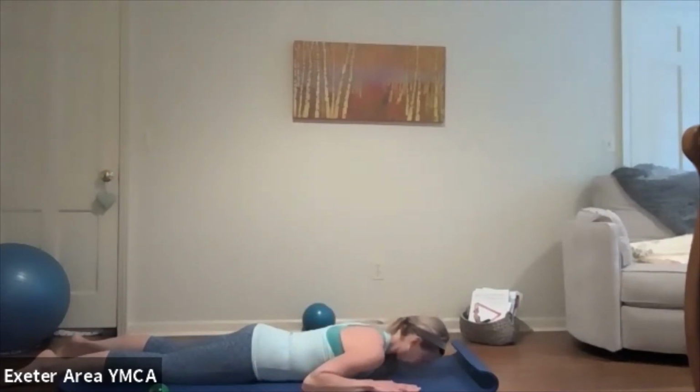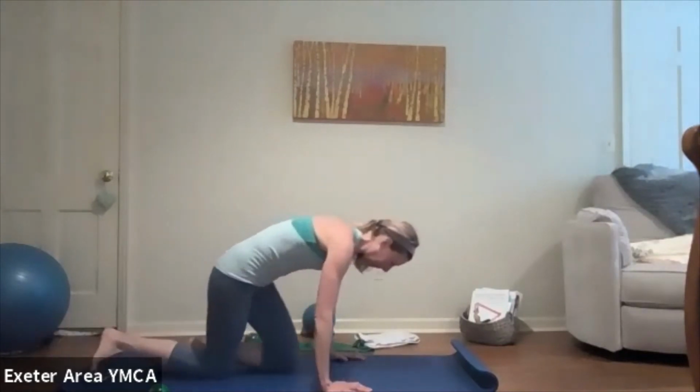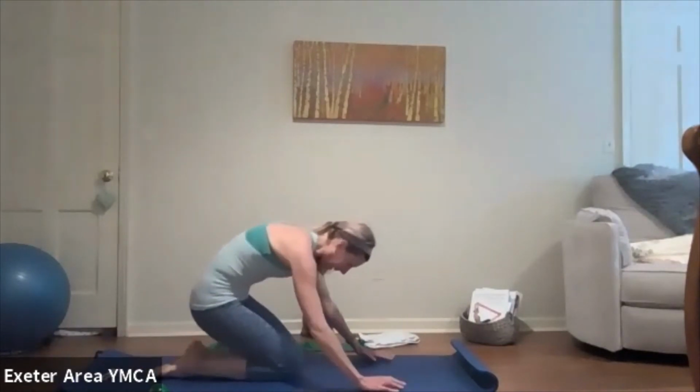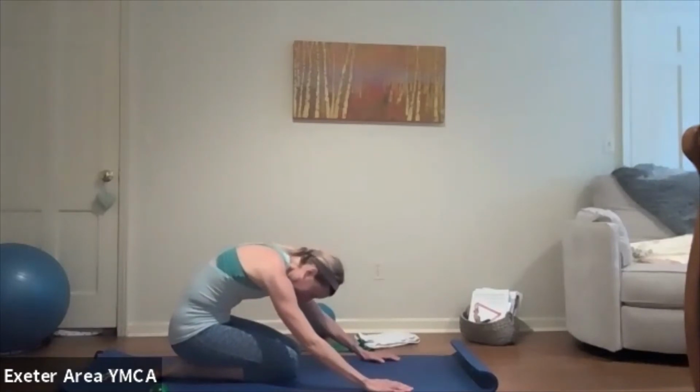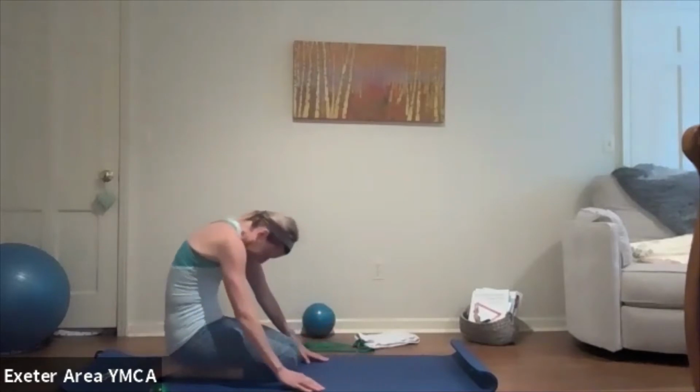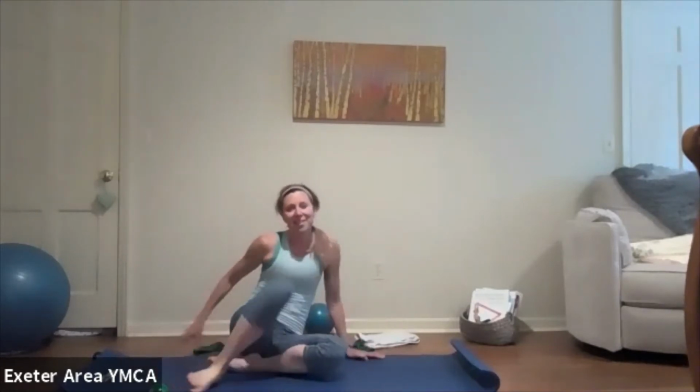Hands come under the shoulders. Push back into your shell pose. Keep the core engaged. Come back onto your heels. Keep the navel lifted. Relax the neck and shoulders. If I'm moving too quickly, slow it down. Slowly coming up to the sitting position. We'll go right into our saw. When you're ready,